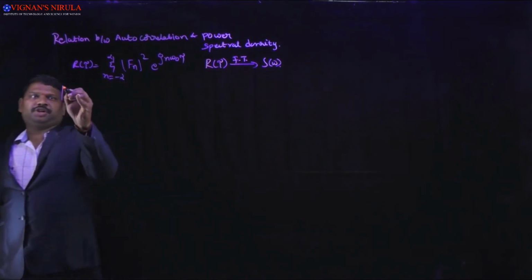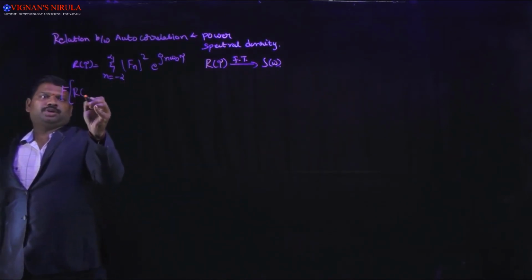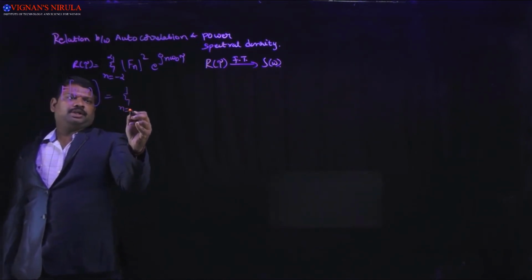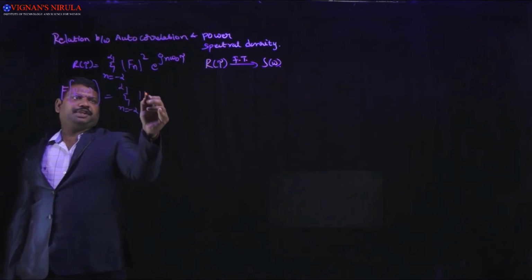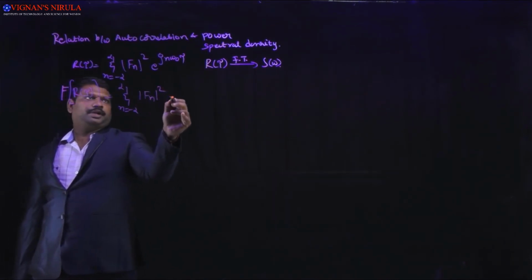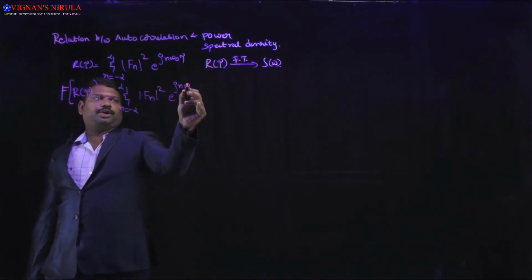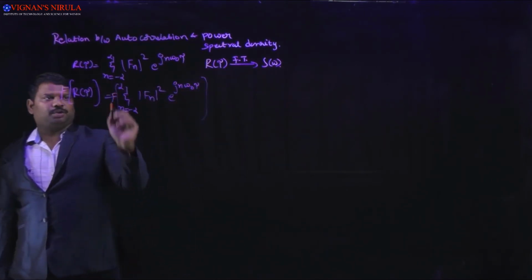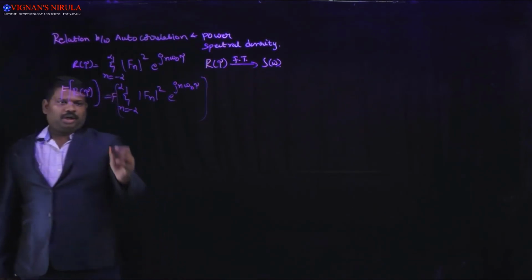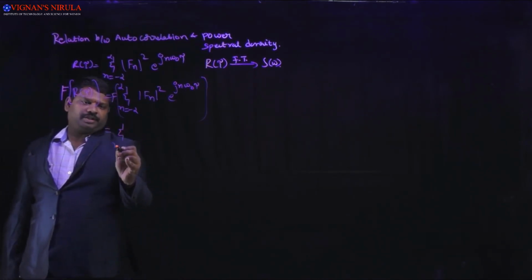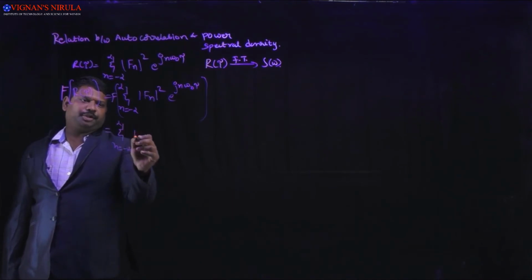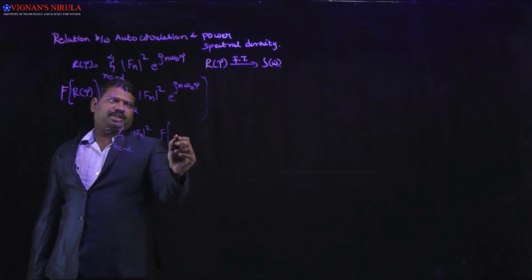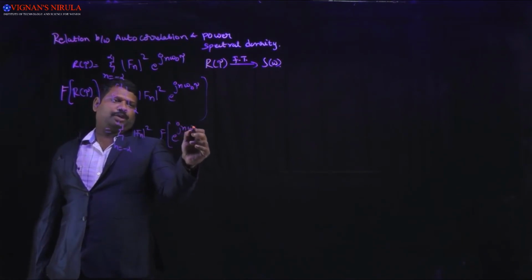That's why we take the Fourier transform of the autocorrelation function, that is R of tau, which is given as summation from minus infinity to infinity mod of Fn square e power jn omega naught tau. For this entire thing, we need to take the Fourier transform. As a summation we can keep it outside. Summation from minus infinity to infinity mod of Fn square will be outside, and taking the Fourier transform of e power jn omega naught